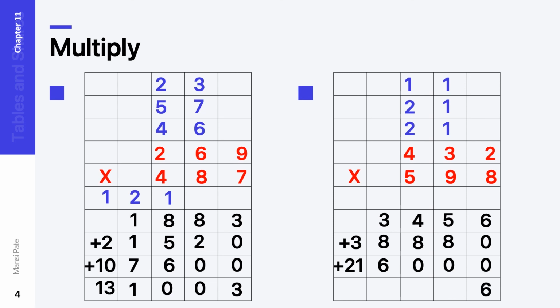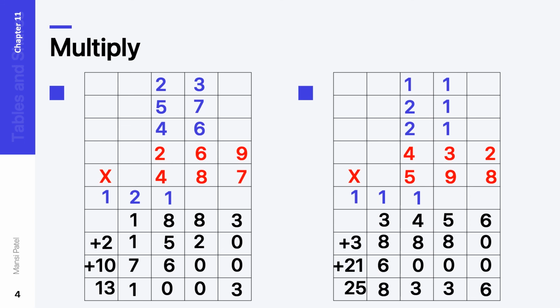Now do the addition. 6 plus 0 plus 0, 6. 5 plus 8, 13 and 13 plus 0, 13. So 3 we have to write down here and 1 on the carry. 8 plus 4, 12, 12 plus 1, 13, 13 plus 0, 13. So 3 here and 1 on the carry. 1 plus 3, 4. 4 plus 8, 12. 12 plus 6, 18. 1 on the carry. 3 plus 1, 4. 4 plus 1, 5. And 2 we have to write now as it is.